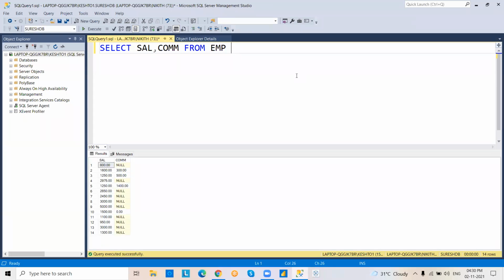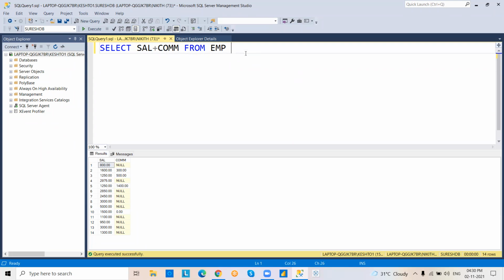Salary column, commission column, data retrieve. There are some null values in the commission column, but there is no null value in the salary column.